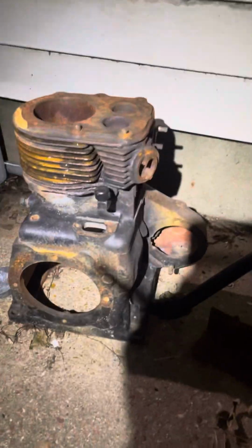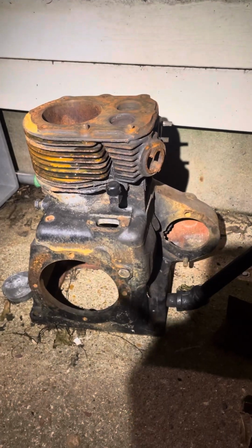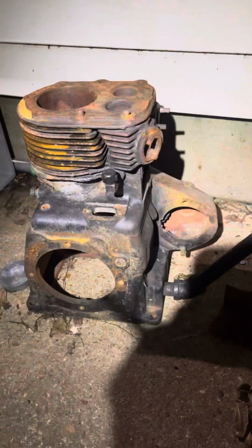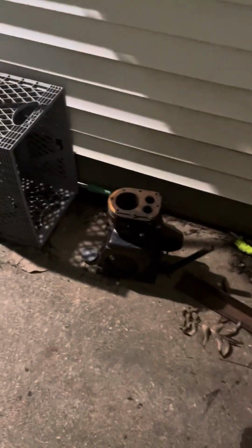There's a dead one. I wish this is the original block for that green sit and mow, and it's just so jacked. It's got a snapped off stem in there, and so I gave up on that thing and stripped it. Sold some important parts to a buddy. But that's what's going on in the marvelous world of